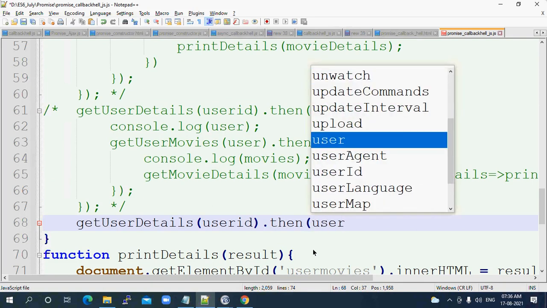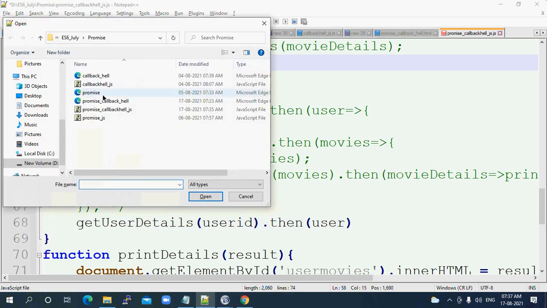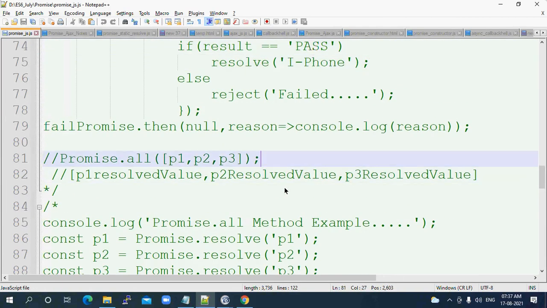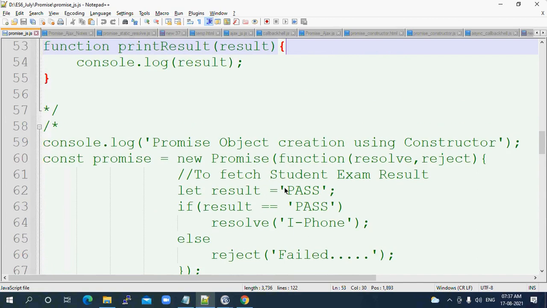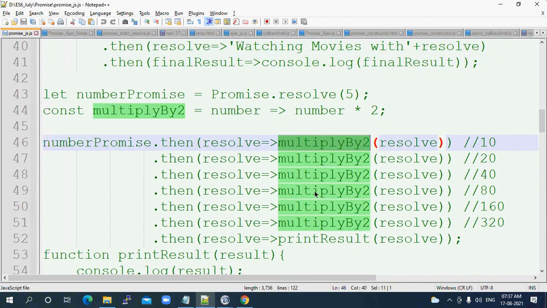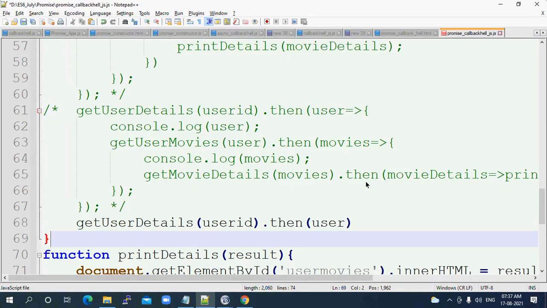It returns as user, right? Yeah. Okay. How we have written promise. Something like we have done like this, right? So user details, then